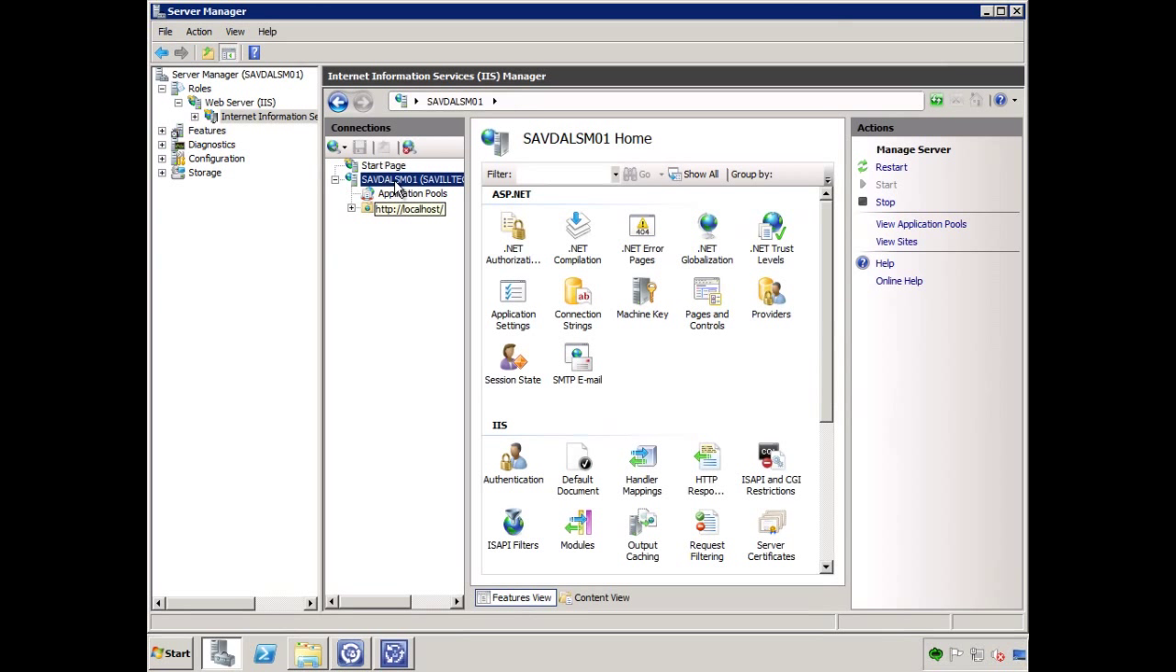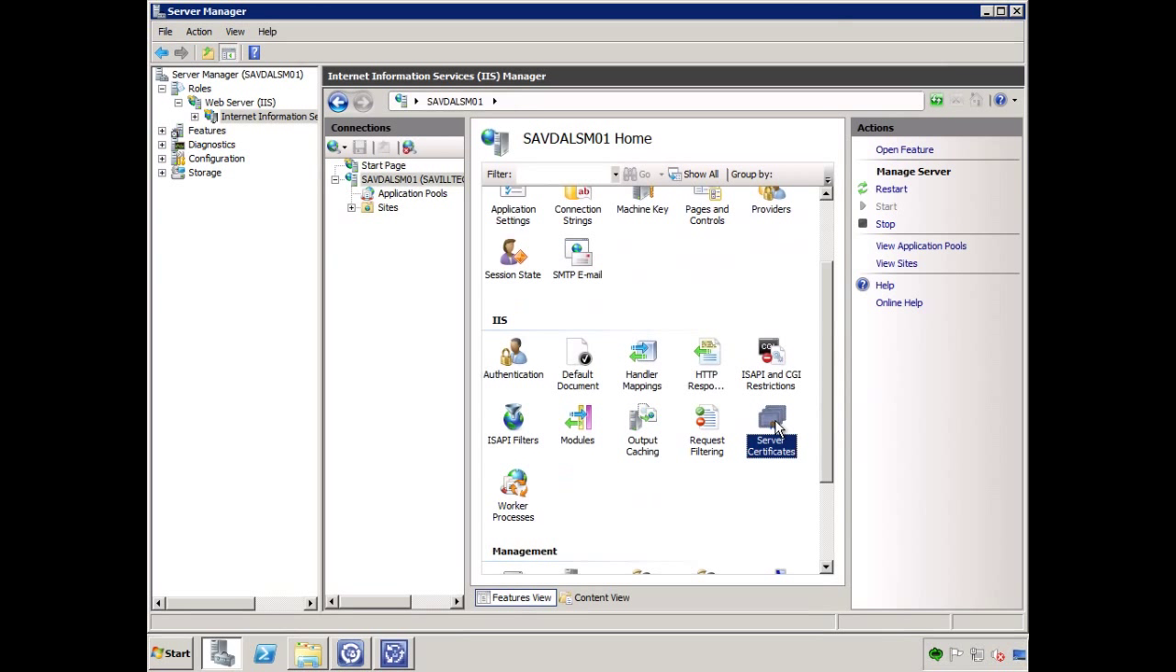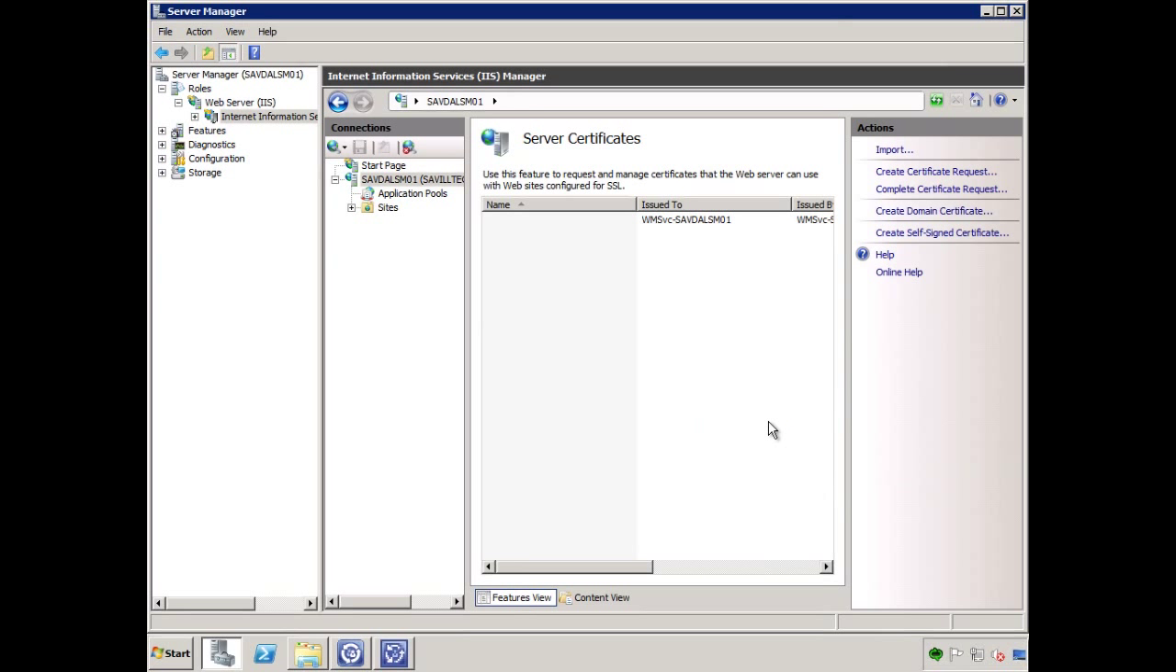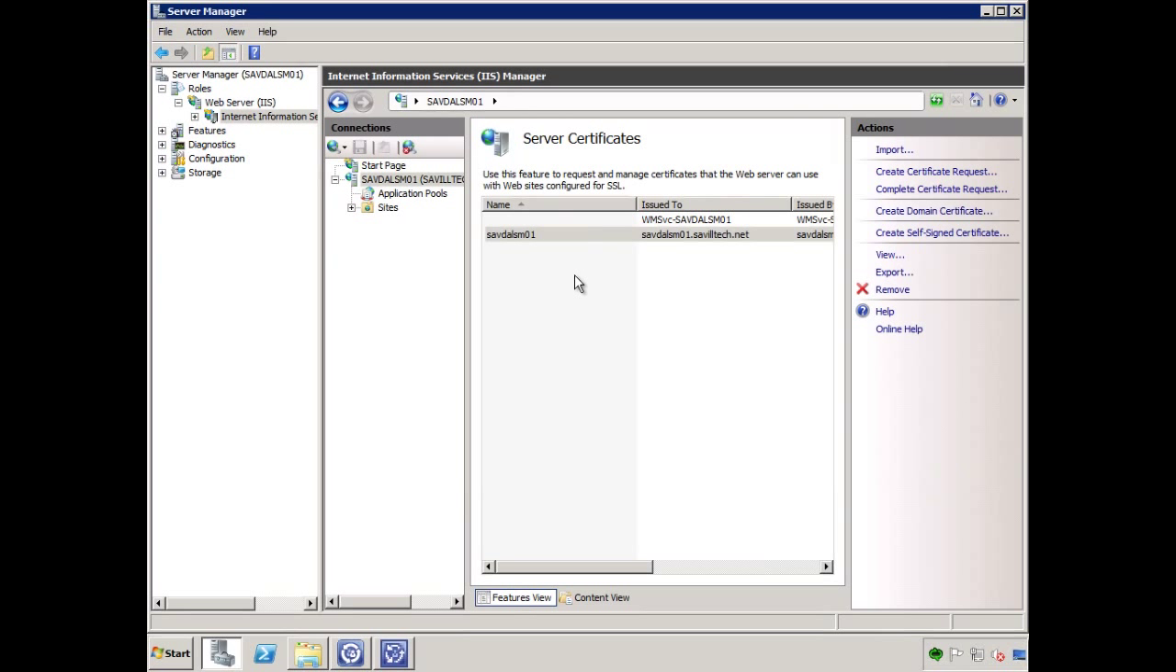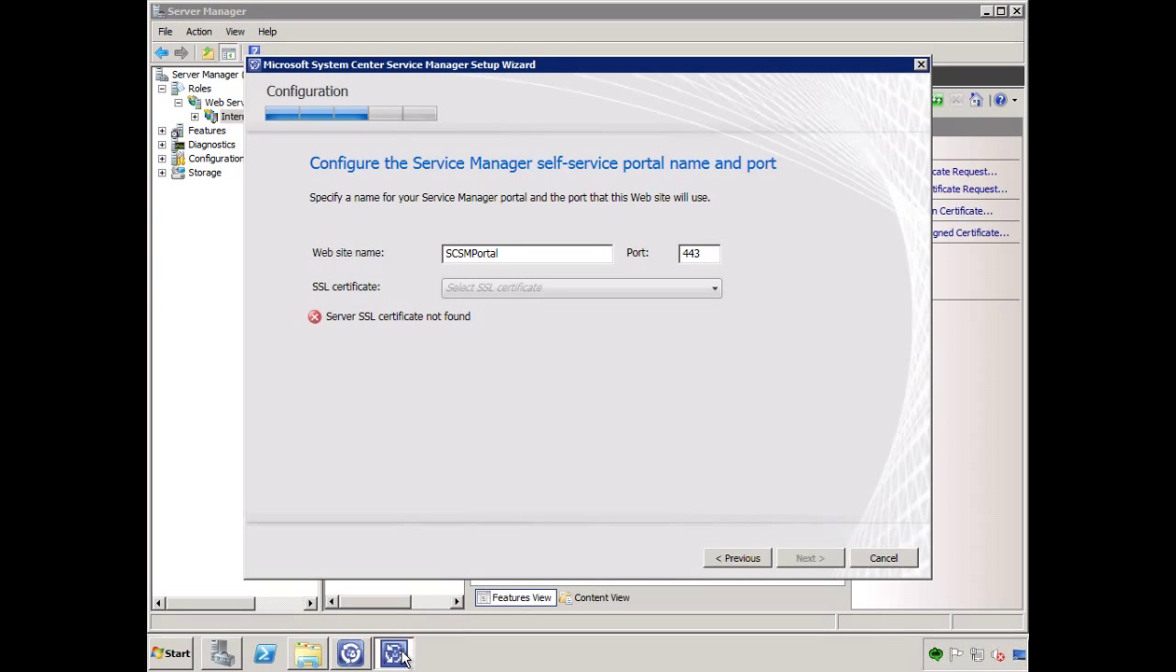Set my server, server certificates, create a self-signed certificate, and now I have a certificate for this IIS server. So now if I go back,